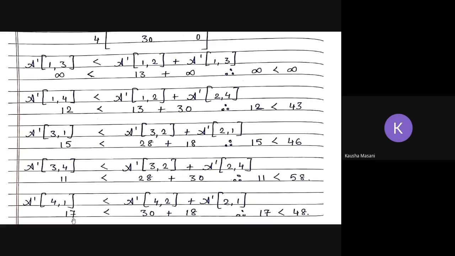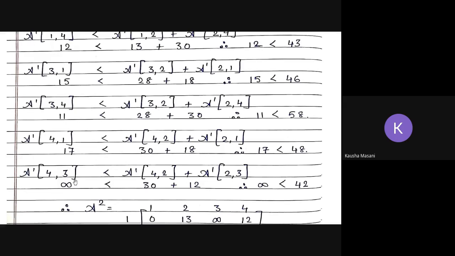4 to 1 की एग्जिस्टिंग वैल्यू क्या है डिस्टेंस की, 17। ओके, तो हम चेक करेंगे 17 से कम मिल रहा है डिस्टेंस? अगेन वी आर नॉट गेटिंग दैट डिस्टेंस, तो यहाँ पे भी 17 एज इट इज रहेगा। 4 to 3 जो कि इंफिनिटी था, ठीक है। तो 4 गया वर्टेक्स 2, हमें शॉर्टर पाथ मिल रहा है, यस। इंफिनिटी इज नॉट लेस देन 42, ओके। तो हम यहाँ पे 4 to 3 की वैल्यू अपडेट करेंगे, 42 लिख देंगे।